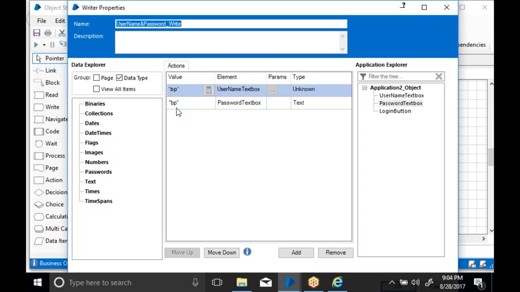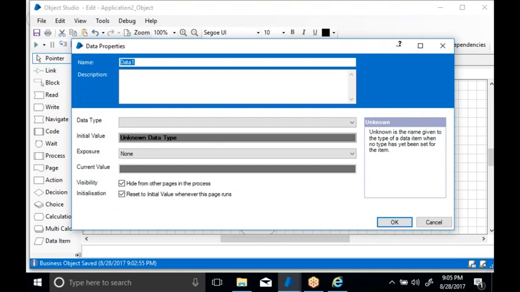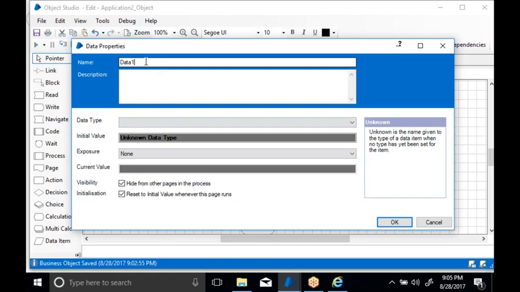Now basically, how do we create data items and use the created data items inside the write stage? Just close this, and you will have an option called data item. If you drag and drop this data item, now you can see the types. A data item is nothing but a variable. In many other technical languages, data items are variables like string, integer, float, boolean and so on. Here also we have some types. In the types I am going to create the text one.